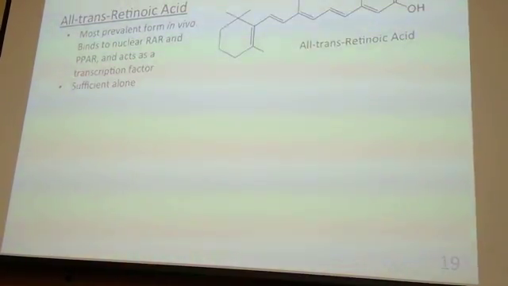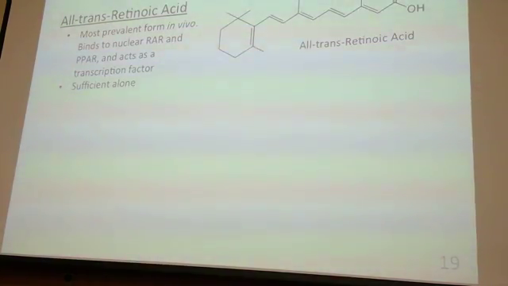Okay. So there are a few different forms of retinoic acid and retinoids which influence gene expression. So one is going to be this all-trans retinoic acid. This is what we've been abbreviating as RA. And this is the primary regulator of gene expression. It's the one that binds those RARs. Okay, so this is the most prevalent form in vivo. Binding of all-trans retinoic acid to RAR, which will be in complex with the RXR,